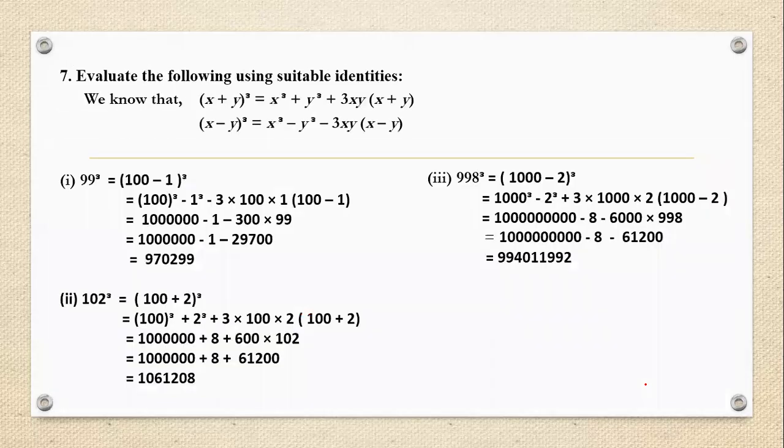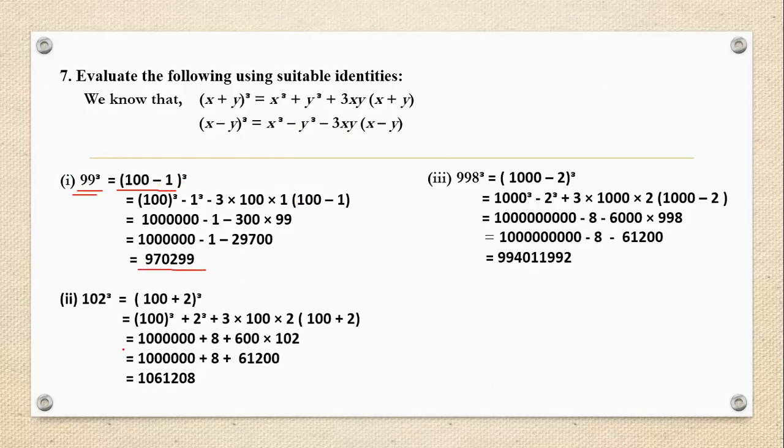How to solve it. Now question number 7, we are supposed to evaluate the following using the cubic identity. The cube of binomials, the sum of binomials and the difference of binomials we have, and they are raised to the power 3. So we have to rearrange our number according to the required identity. 99 has been rearranged as 100 minus 1 to the power 3. So 99 to the power 3 is rearranged, and then we have the first term 100, second term 1, and according to the identity we have put the values and solved it.